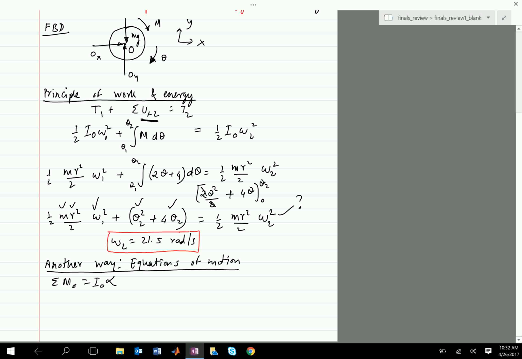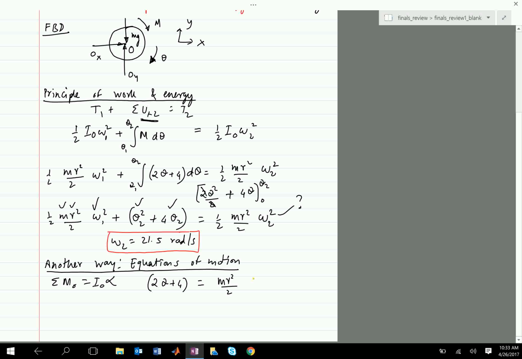So remember, there are 3 formulas in that chapter. One was translation motion, there's no rotation. In this case, summation of moments is equal to 0. This is the case where it's rotation about fixed axis. The third one was general planar motion, where the point of the axis need not be moving at a uniform speed, or it may not be at rest. So in this case, it's fixed axis. So M_O is simply 2 theta plus 4 equals, the inertia is mr squared divided by 2,